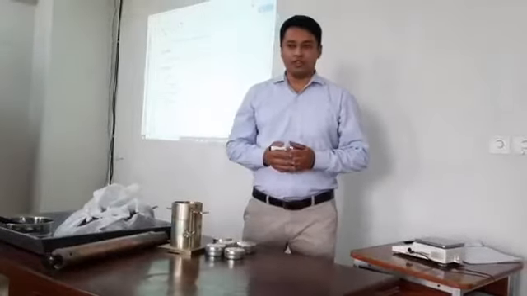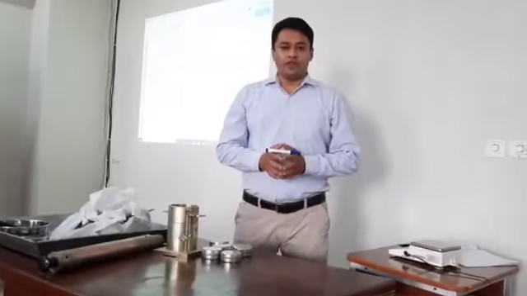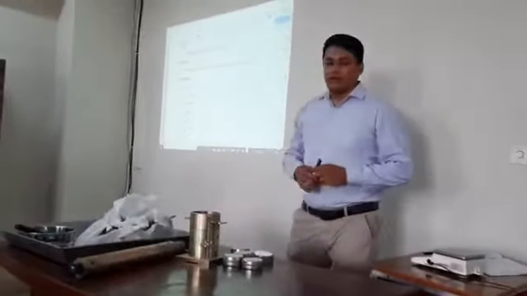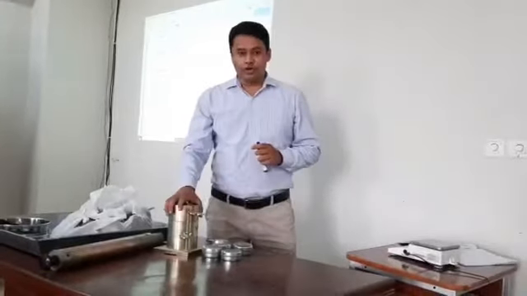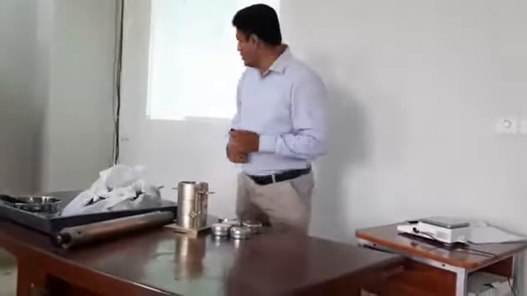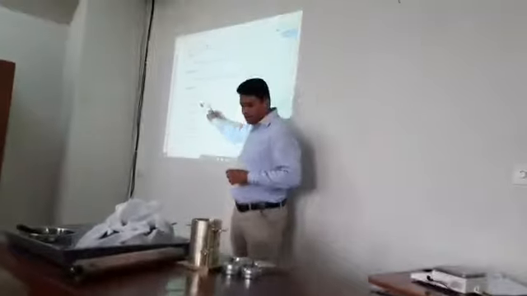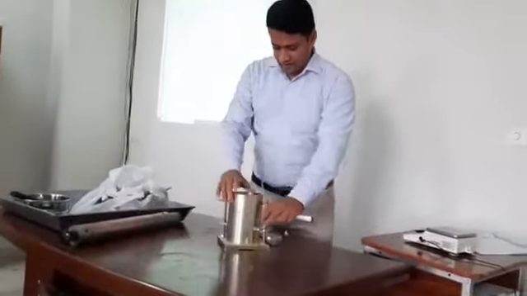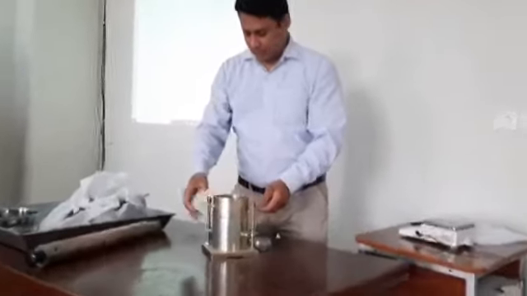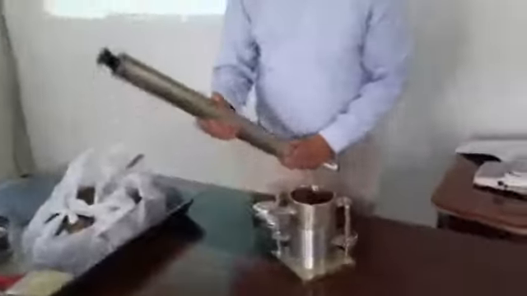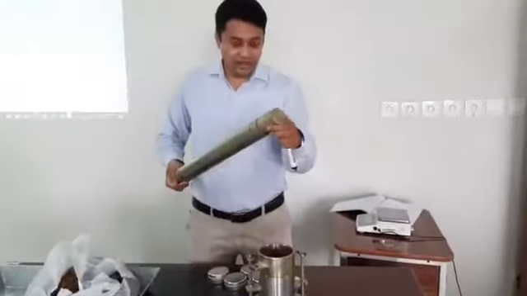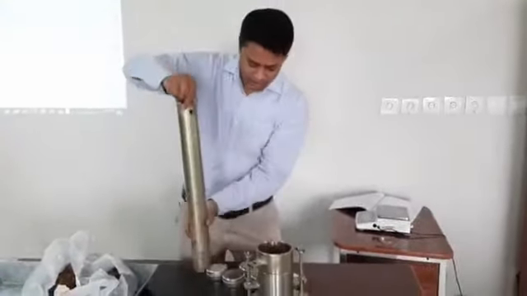Assalamualaikum dear students. Today we will perform our next practical, that is determination of moisture density relationship using Proctor compaction apparatus. For this we need the following apparatus listed in this list, and first of all I would like to explain the apparatus to you. This is the mold, and here this is the rammer inside the mold, and this is the handle,